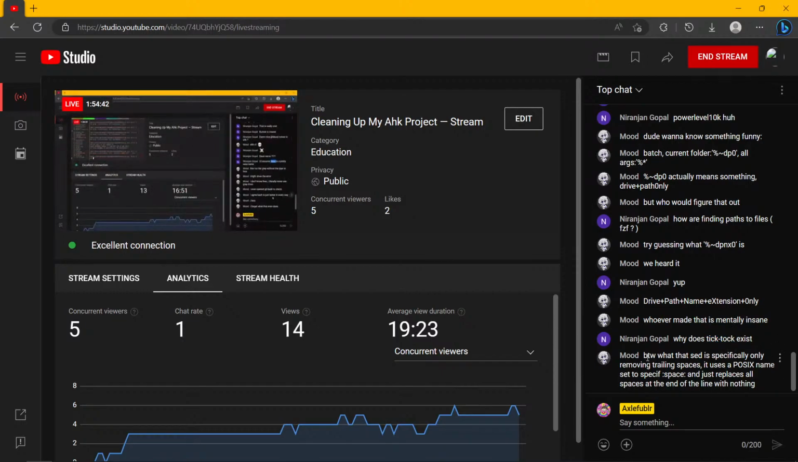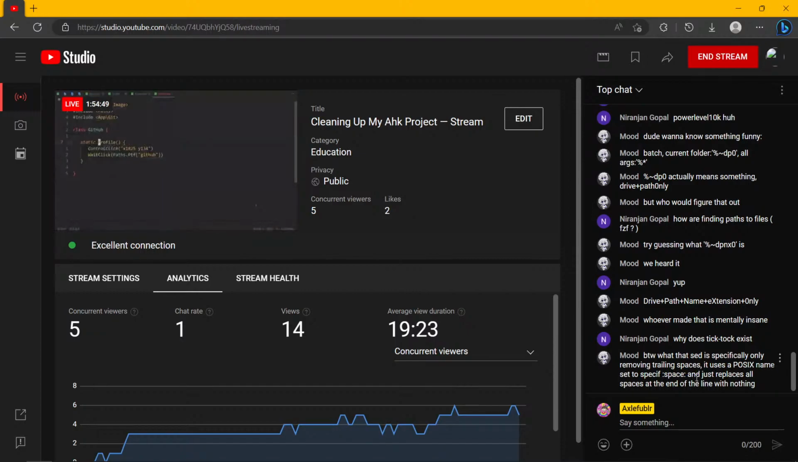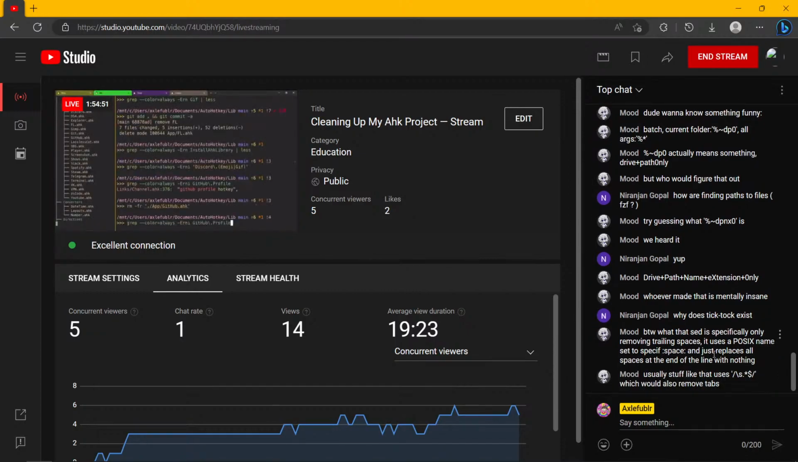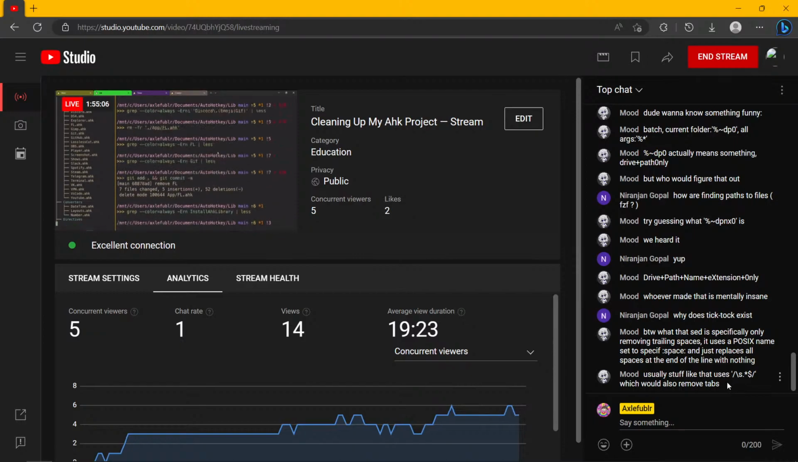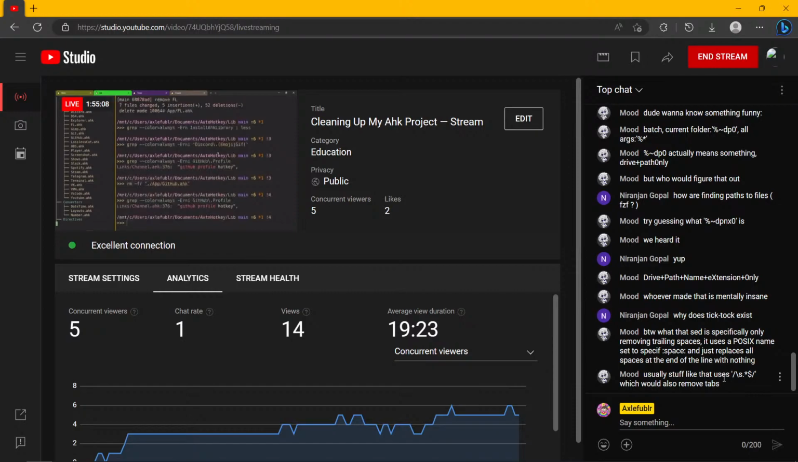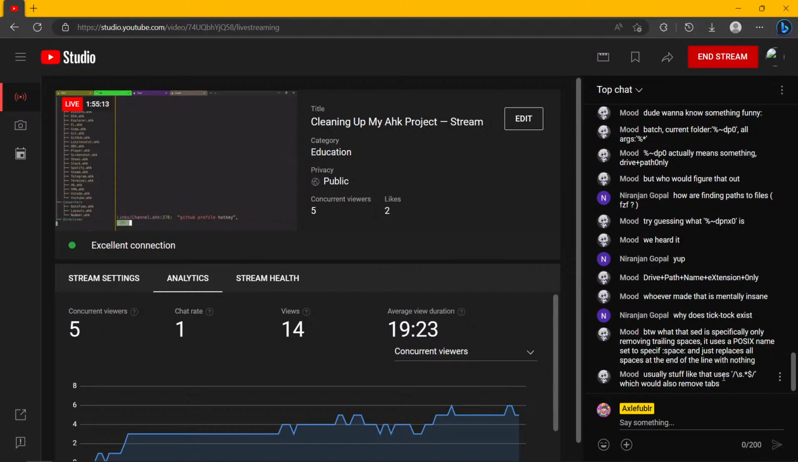By the way, what that said is specifically only removing trailing white space. Use the POSIX name set to specifically space, and it just replaces all spaces at the end of the line with nothing. Yeah, that's what I guess it meant. Usually stuff like that uses this, which will also remove tabs. And that's probably better, but why would I have tabs? I haven't ever come across a situation where I would,